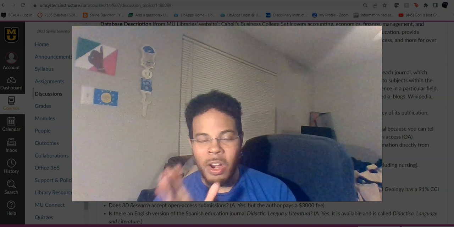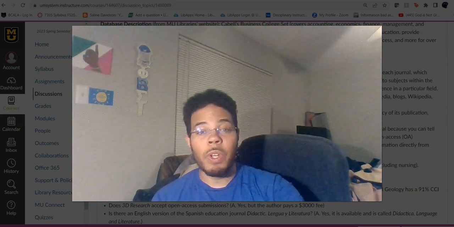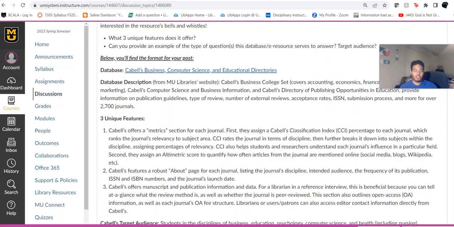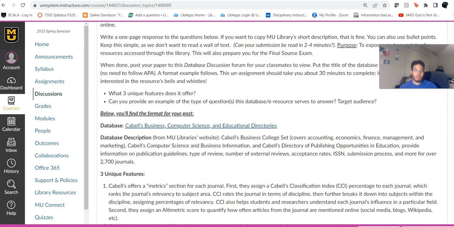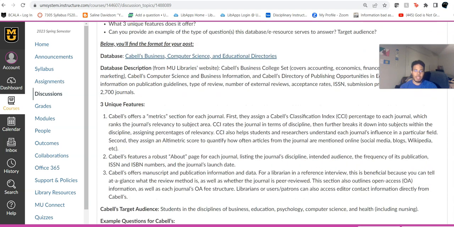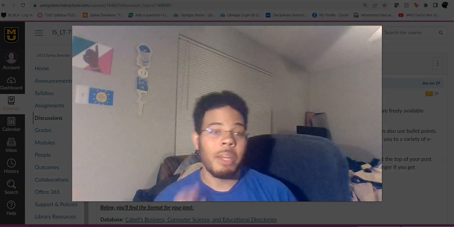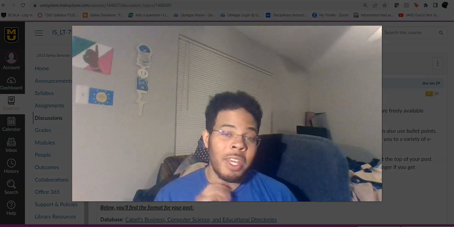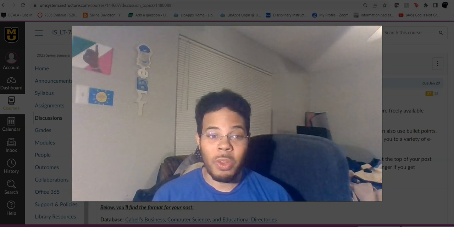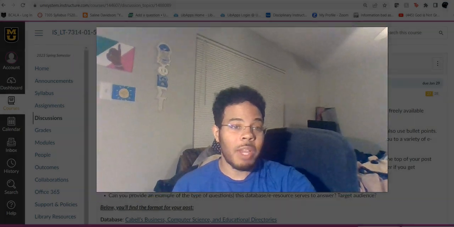So, yes, if you're not somebody who has high familiarity with these various databases, I would recommend that you take some time and review the work that your classmates have submitted, and this is going to make you a little more familiar with the databases. And then, of course, you can always jump on one of the databases here, log in through the library, and just try it out. That is the perfect way to learn about a database, and I highly recommend that y'all do that.